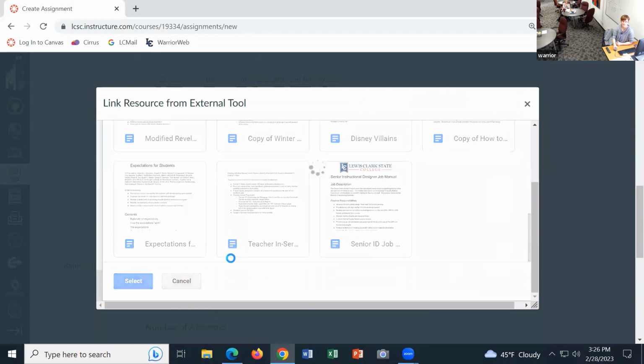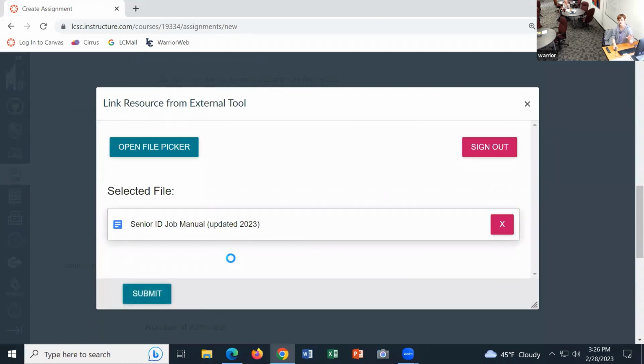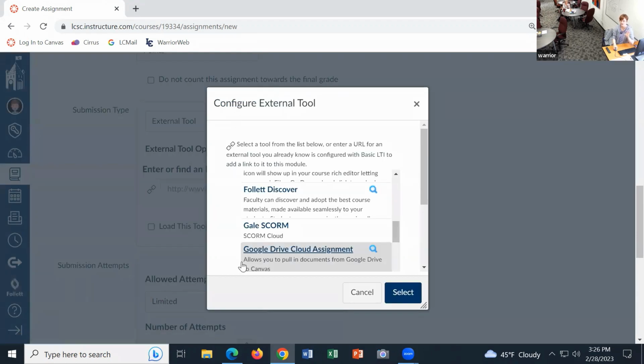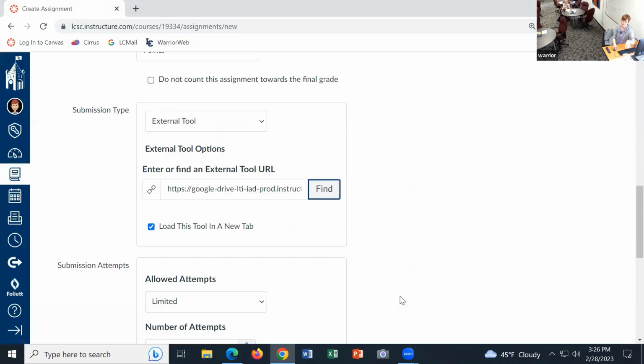And I hit select. And it's going to say, are you sure? Is this really what you want? You can go back to the file picker if you click on the wrong thing. Otherwise, you're going to say submit. And it will take you back to this, make you click through it again. And now you're back to where you want to be. It doesn't look like it really did anything. You just have to know that, yes, it did. It's going to grab that file.